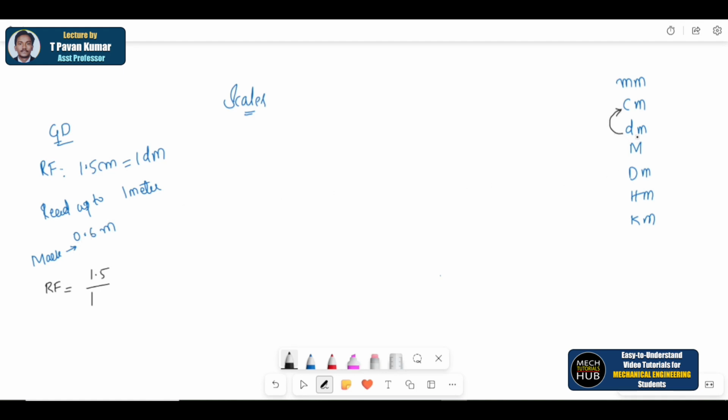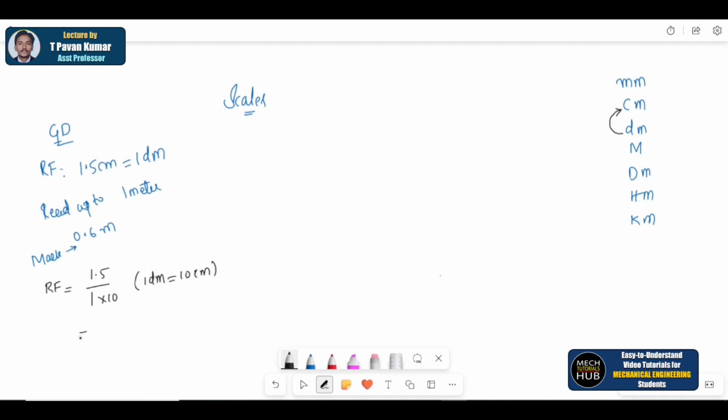For every 1 increment I'm going to increase one 0, just for your proper understanding. So 1.5 by 1 into 10, where according to our conversions 1 decimeter is equal to 10 centimeters. If that is the case, multiplied by 10, that is equal to,